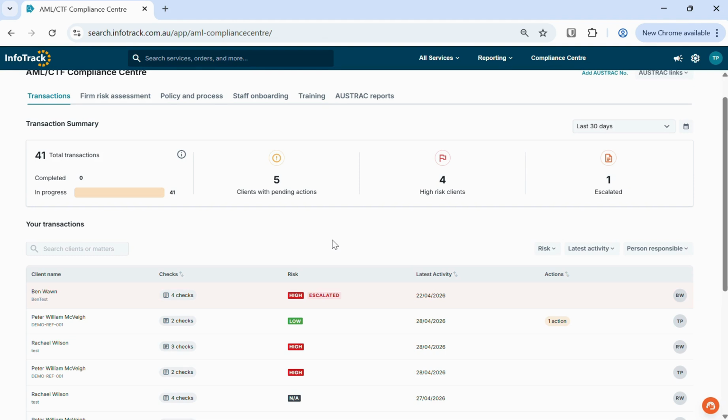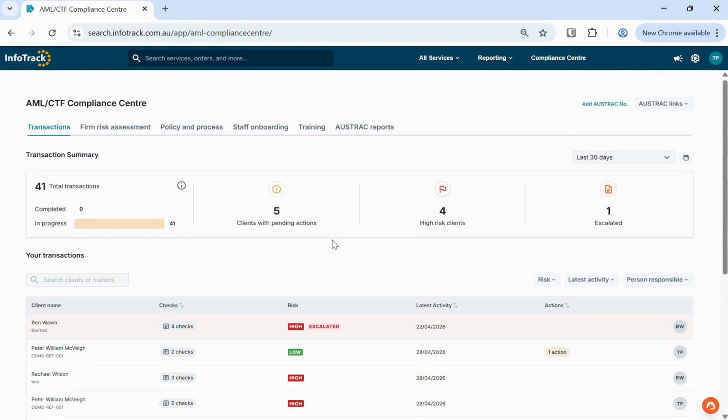That brings us to the conclusion of today's video. Again, just recapping, we did not cover everything InfoTrack's Compliance Center does. We did not cover all aspects of Tranche 2 AML CTF risk. We just covered the KYC process, which is onboarding an individual. If you'd like to see what it looks like to onboard a business or to see other aspects of InfoTrack's Compliance Center, reach out to your account manager to get those videos or to be invited to the